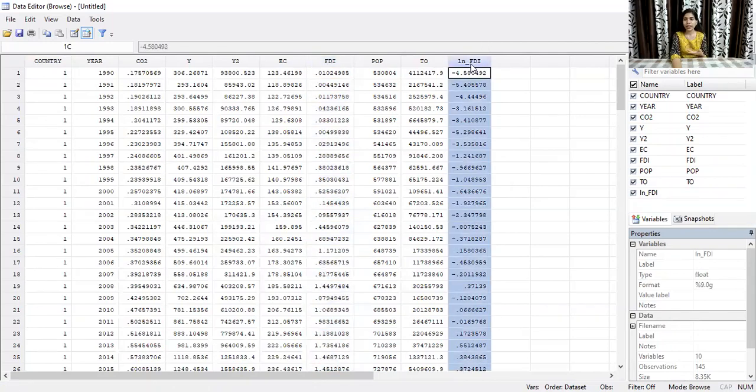Likewise, you can generate the same command for the rest of the variables and you will have a log format for all your variables.